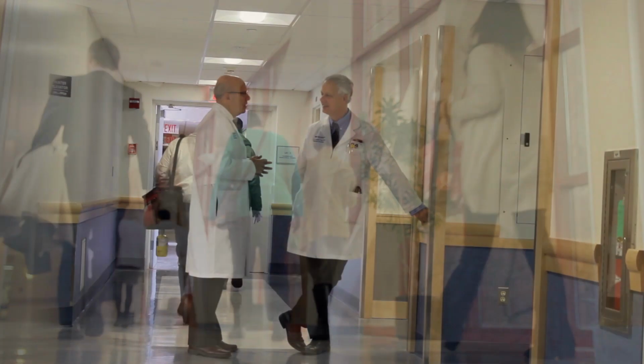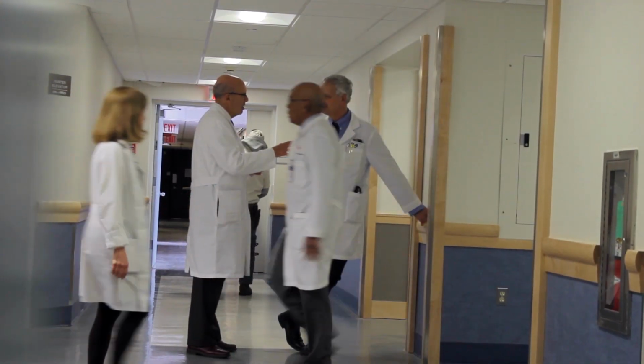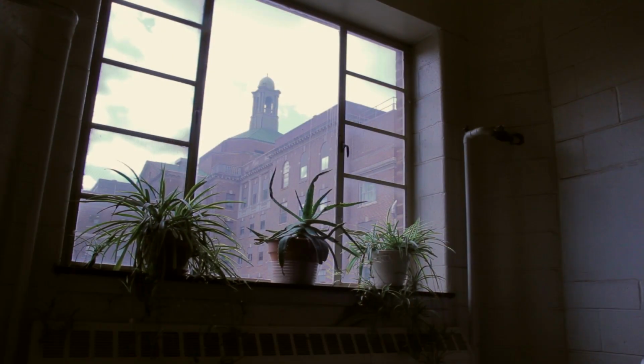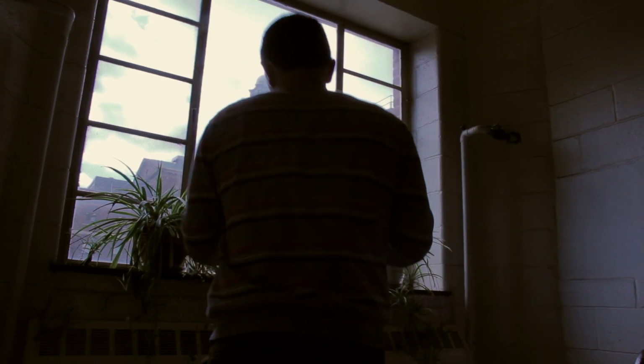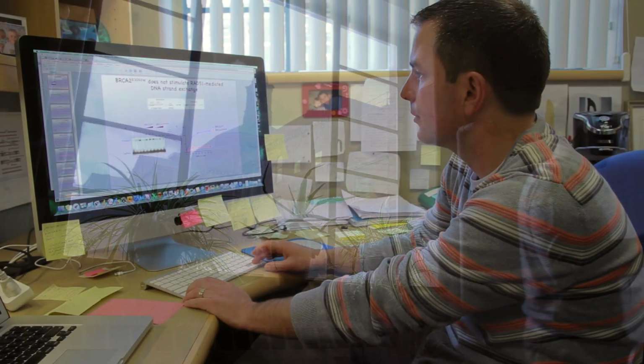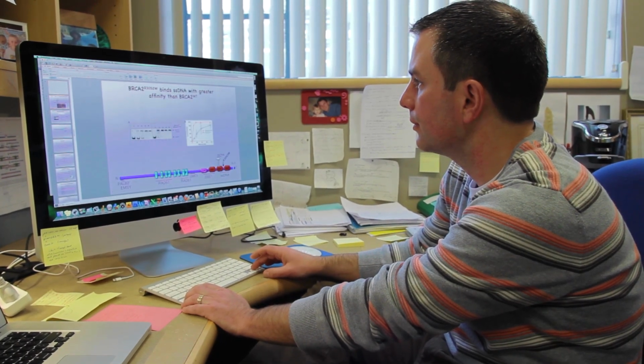In our research, we're in a very competitive field, so we need the data as fast as we can. We have a lot of cancer patients, and they want us to develop drugs as quickly as possible. If we have that data in hand and can analyze it as quickly as possible,